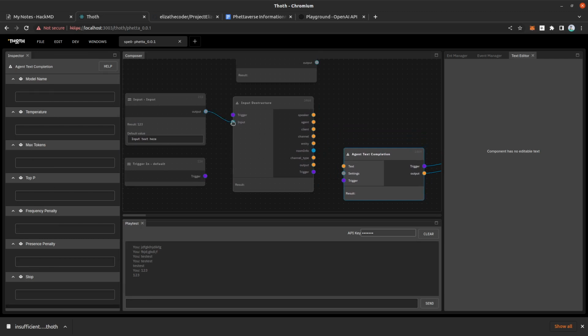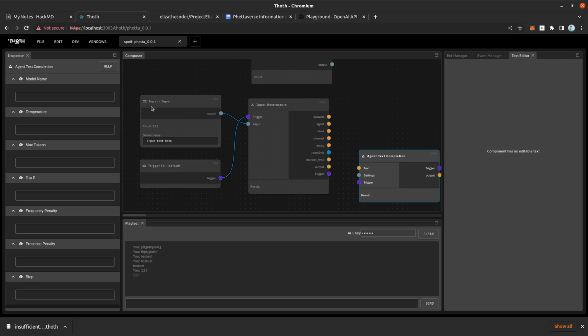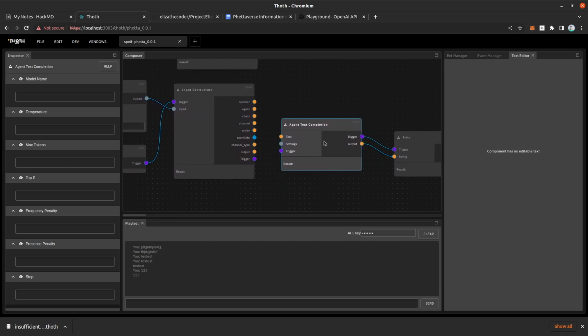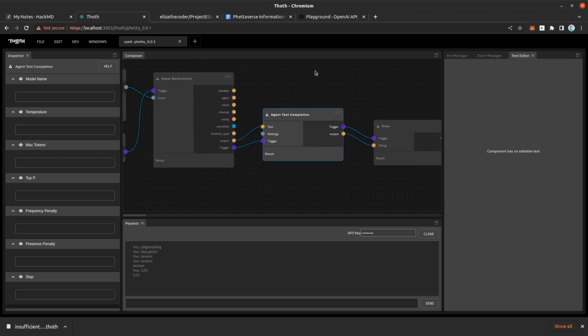a pretty rough project. So I'm just going to wire up the input to the input of the destructure, and the trigger to the trigger of the destructure. So now I have my input and trigger going. That's going to hit this and break out into all these different pieces. Now, what do I actually need right now? To test OpenAI, all I really need is just this output, right? I'm just going to take the output that I shove in here and send it off and see what I get. And now I'm going to take the trigger, send that off, and I'm going to have to fill in